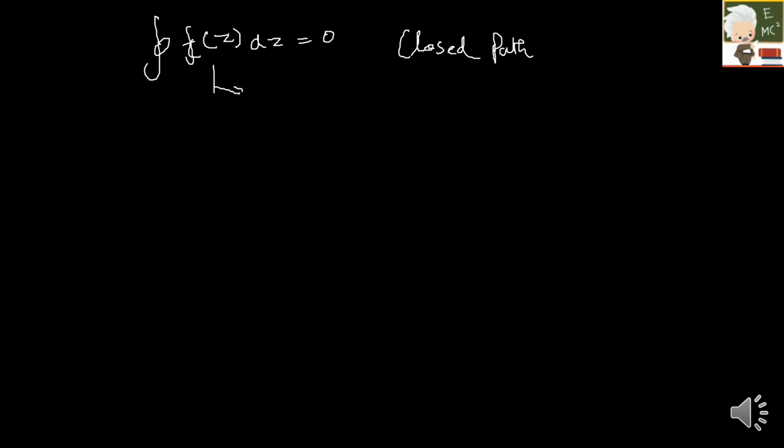Okay, here what I'm going to discuss is, so far what we saw, the closed integral of f(z) dz is equal to 0, for a closed path. If your question has a closed path, there is a small way you can save your time. If the figure has a closed path, you can use it. First find whether the given f(z) is analytic or not. You have to find whether your function is analytic.